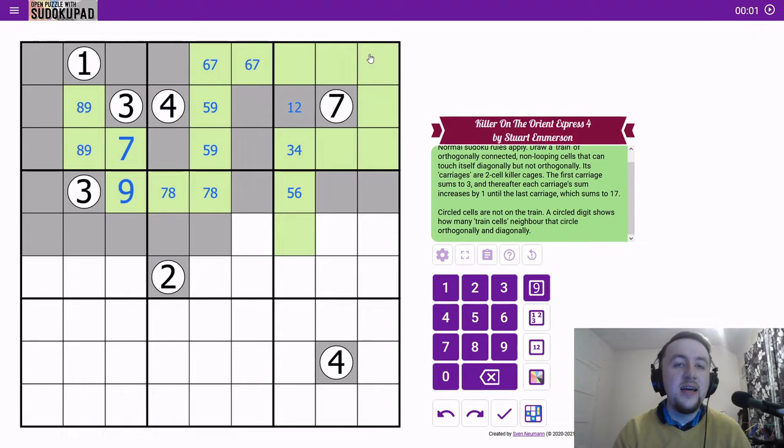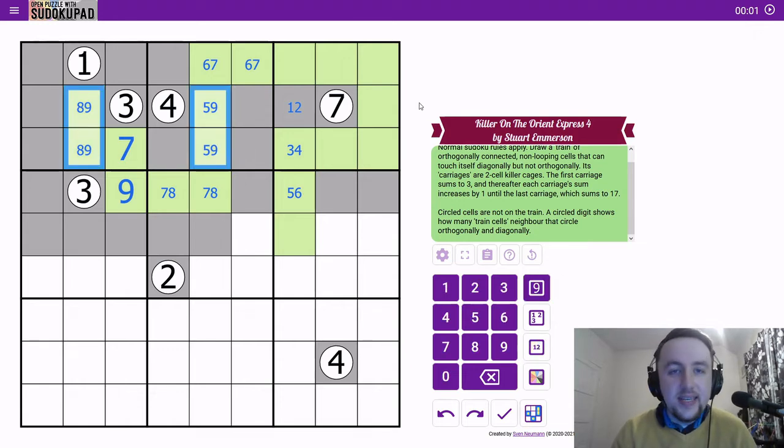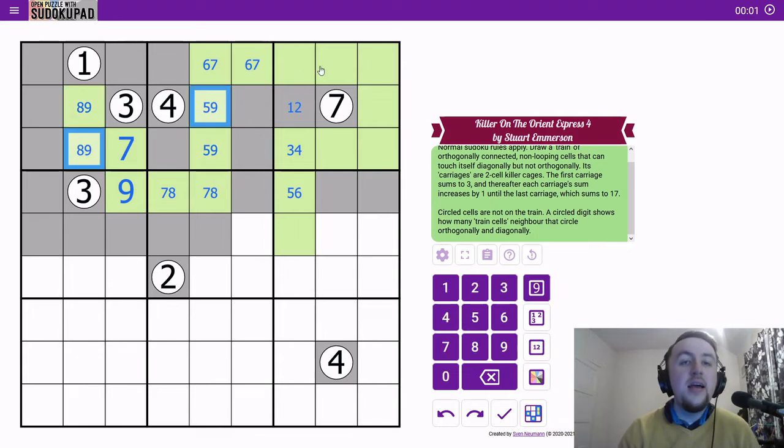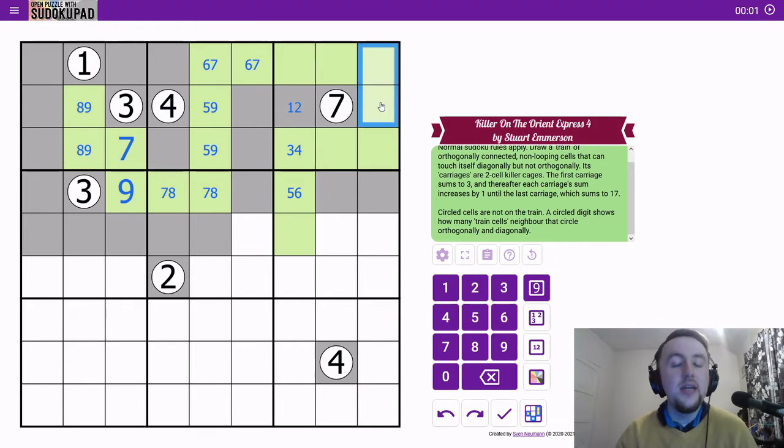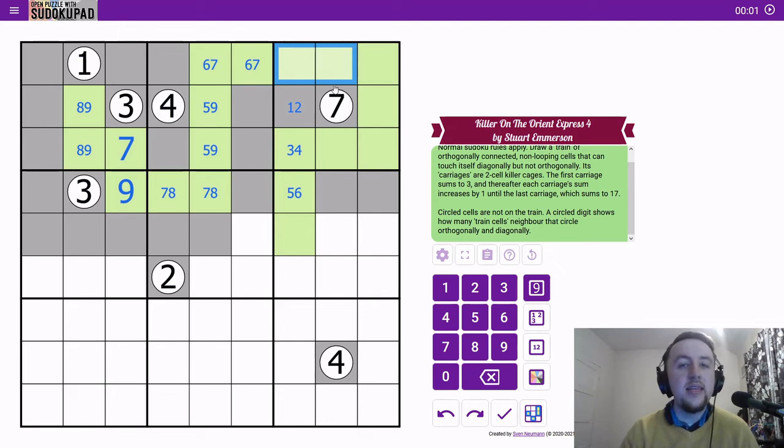Anyway, for this step, we look at the nines. This is not the scrappy step yet. There is an X-wing on nines, which means that there is either a 9 there and there, or there and there. Either way, there's definitely a 9 up there. So it's either part of this 12 carriage or this 11 carriage. If it's part of the 12 carriage, then it's paired up with a 3, and if it's part of the 11 carriage, then it's paired up with a 2. Either way, it's definitely paired up with a 3 or 2, so this kind of virtual 5 carriage here cannot